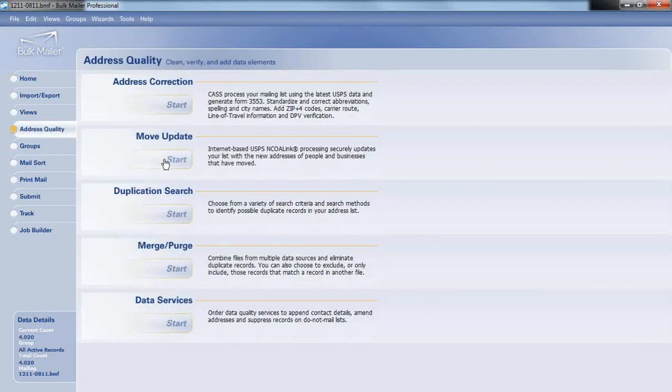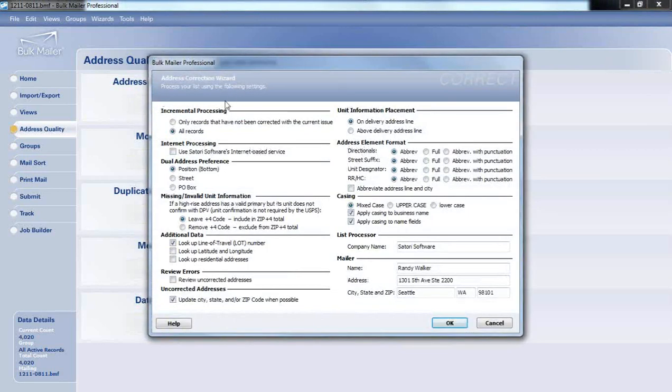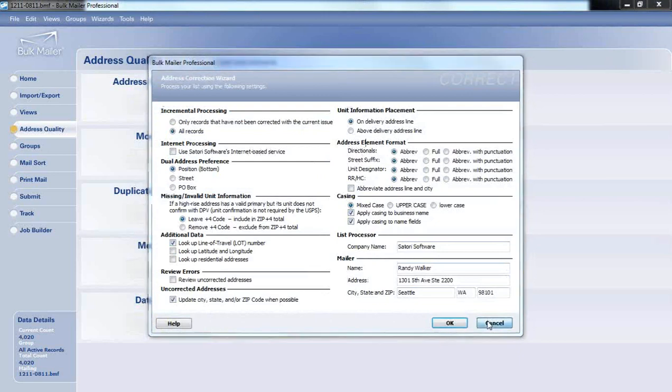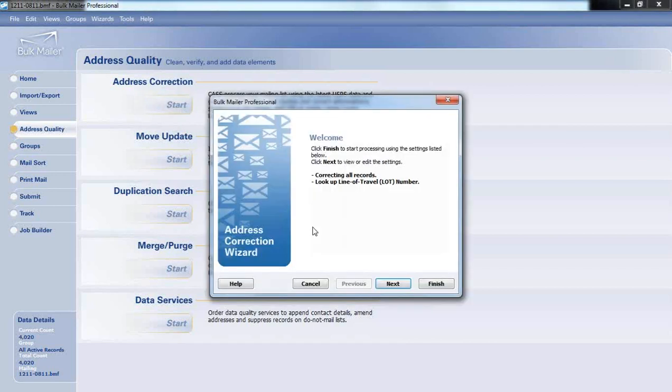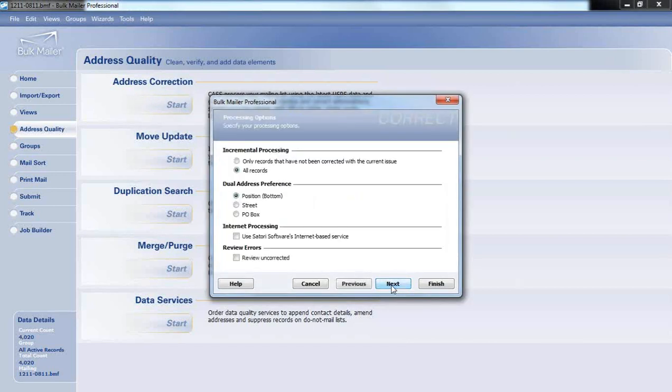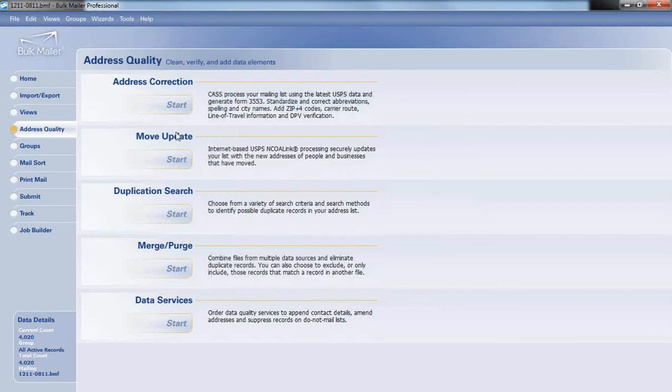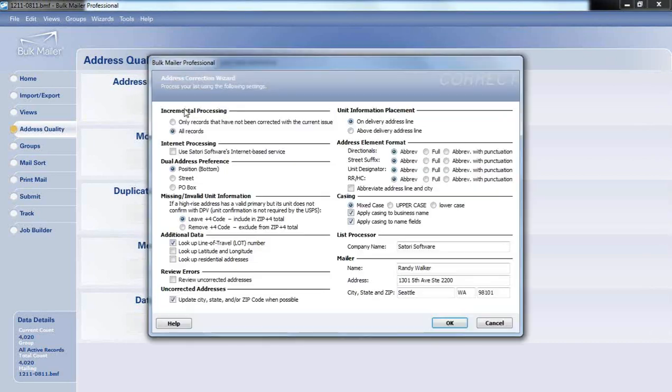So if I go to the address quality, I'm going to go ahead and just run address correction. You'll see all the options are available here on one screen, and the reason for that is I'm using what's called the Power Wizard. So if I come up here, you can see that there's a Power Wizard and it's checked. All I did was right-click on that. If I uncheck that and I click Next, you'll see I get a step-by-step approach through the address correction portion. So I'm going to cancel that, right-click on this again, use Power Wizard, and now I have everything on one